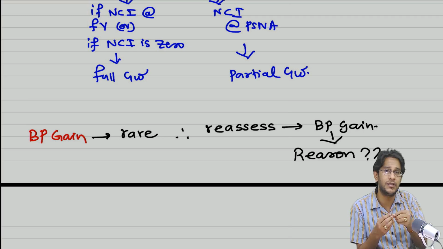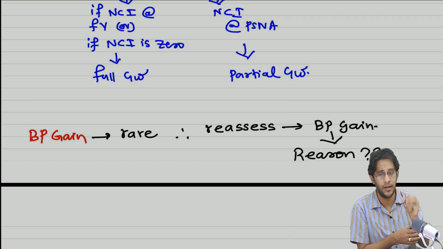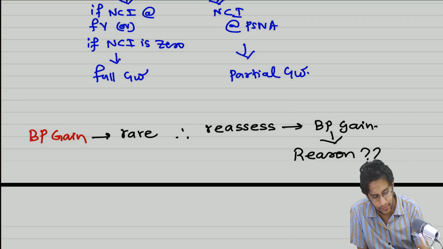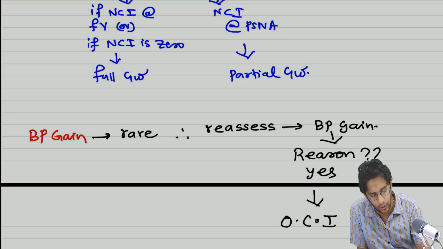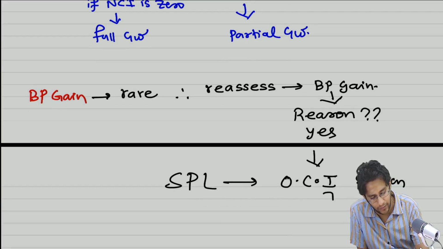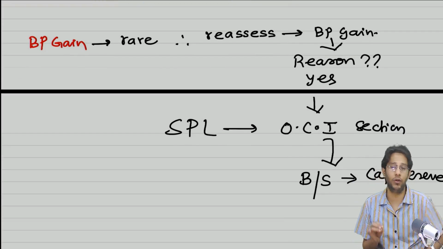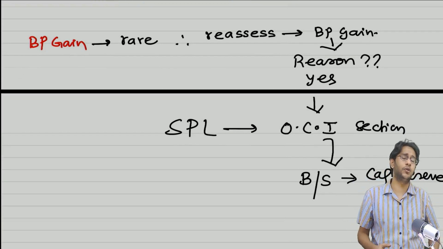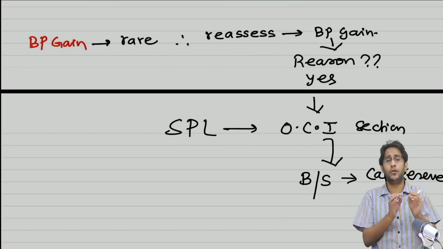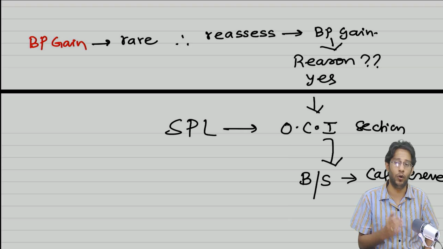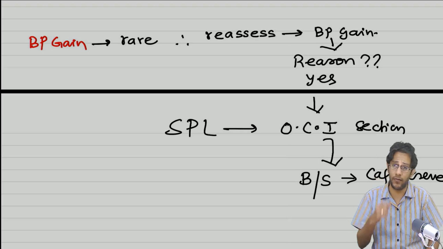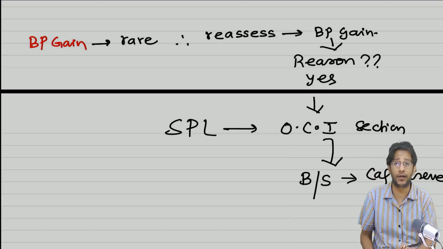So, if you are able to establish a reason like that, then what our standard says is this bargain purchase gain should be shown in the OCI section of your statement of profit and loss, and from the OCI section it will flow into the balance sheet and get represented as capital. That means even though goodwill is an asset, that's fine. In case you get a gain, we are calling it a capital reserve. No, don't call it a capital reserve directly. Go into the SPL OCI section. From there, again take it to the balance sheet. Now reflect it as capital reserve.